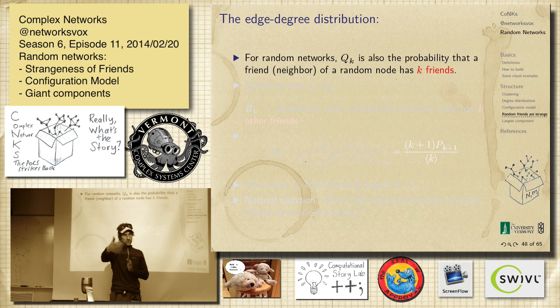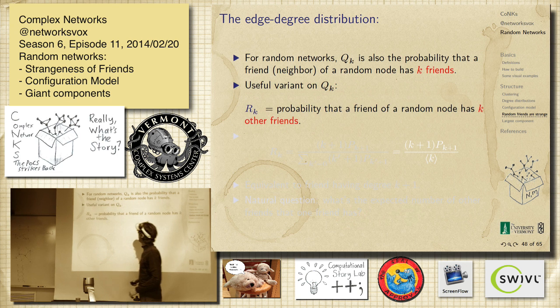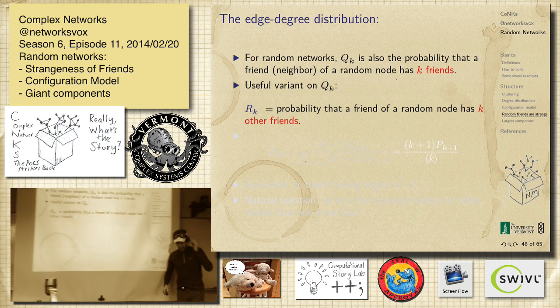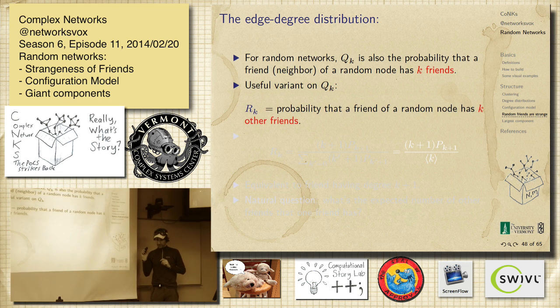1 friend is whatever, 2, 3, 4, but it amplifies, right? The chance of being connected to someone who has 1 million friends is high, even if there's only 1 of them, but there are 1 million ways to connect to them. So there's a better chance of connecting to them. So this leads to an unfortunate situation, which we'll get to.